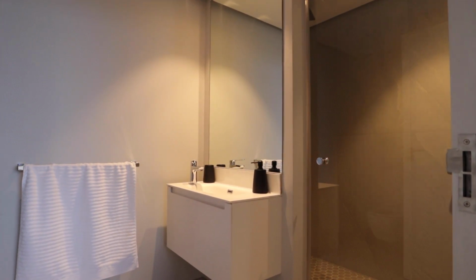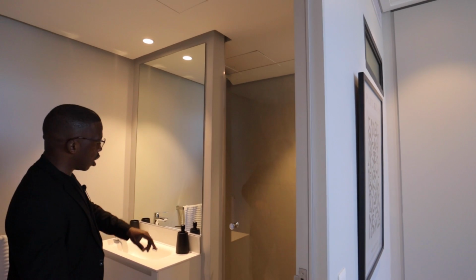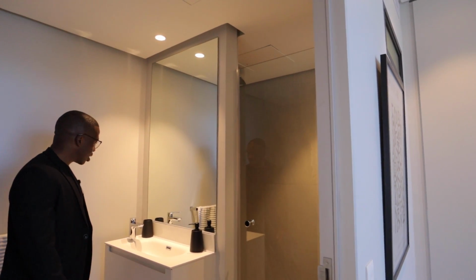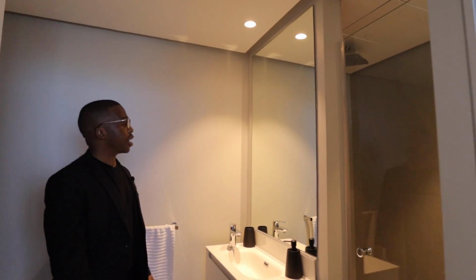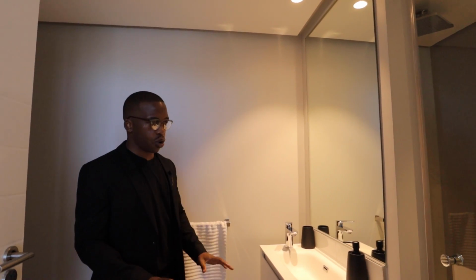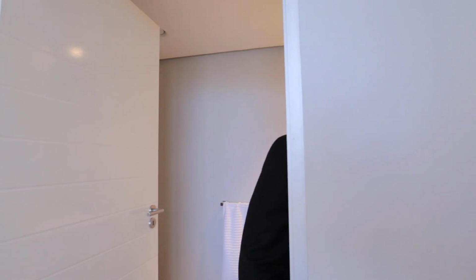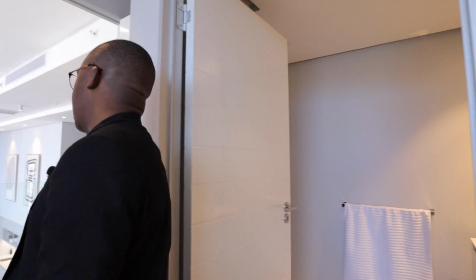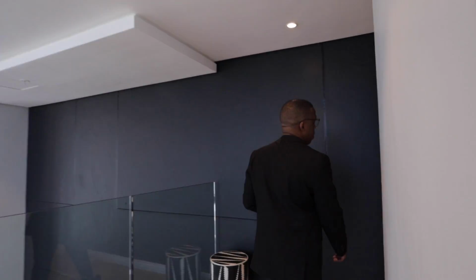Seamless finishes as we've seen throughout, continuation of this high quality materials. Walk-in shower here, and again with this integrated sink here, hand-screw tap fixture here, and then this large mirror in front of us. Very minimalist approach and clean throughout, and then you have also a neat outlet in there. Very cool design here. Taking everyone back to the landing and to the main bedroom, or the second main bedroom rather,